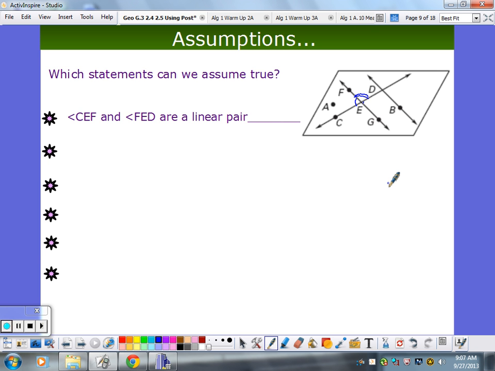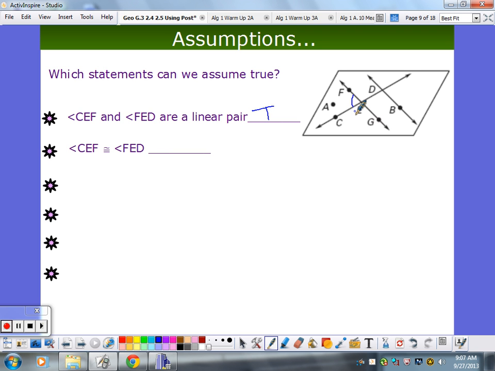Yes. Right, linear pairs, if you see a straight line, that's good. We can trust that it's a straight line, and it looks like a linear pair, it's a linear pair. How about angle CEF? Let's see where angle CEF is. CEF,